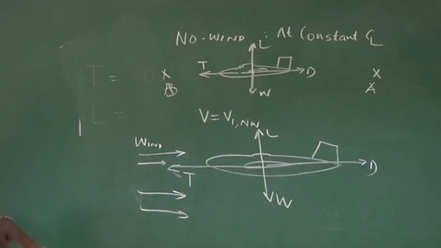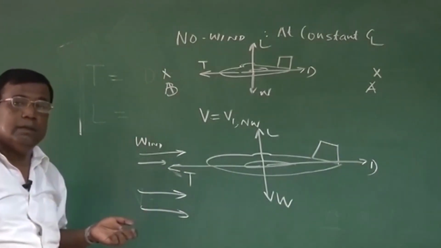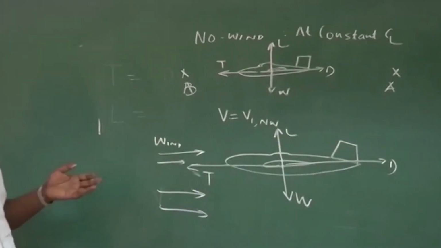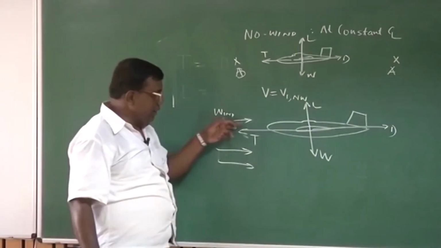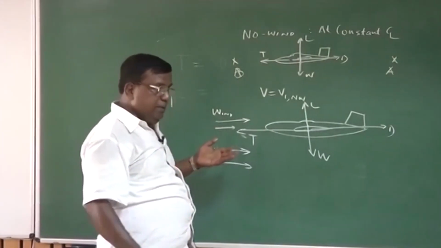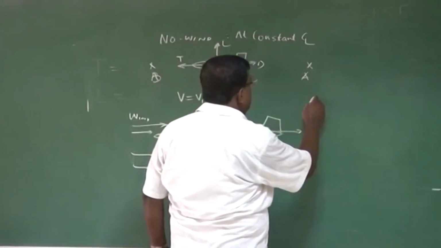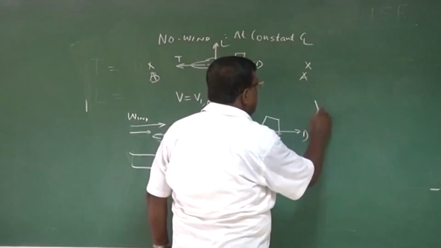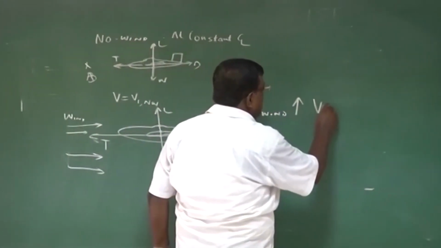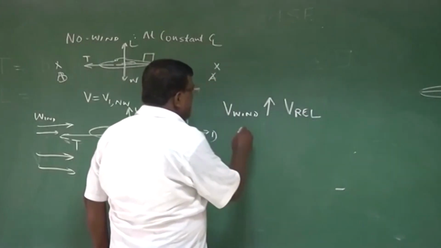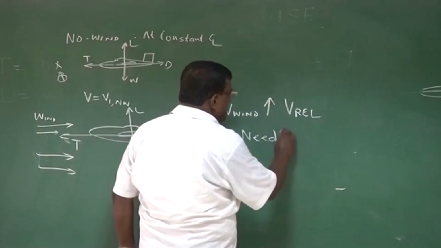To maintain lift equal to weight, my question is, should I increase the speed or decrease the speed? The answer is obvious, because the lift depends upon the air relative speed. Since the wind is coming towards the airplane, the air relative speed will increase. So actually I have to reduce the speed with respect to the ground. So as V wind increases, V relative, right? So I need to reduce